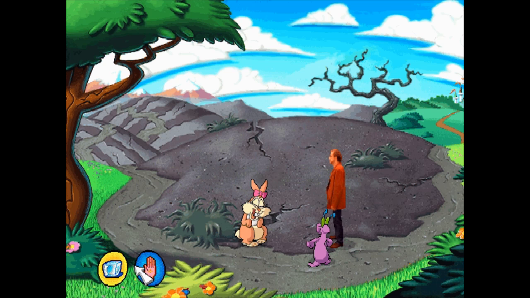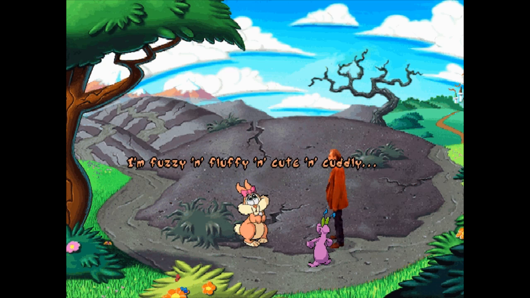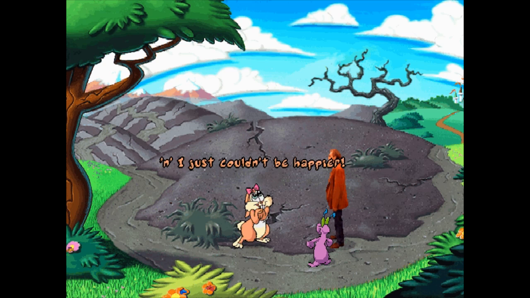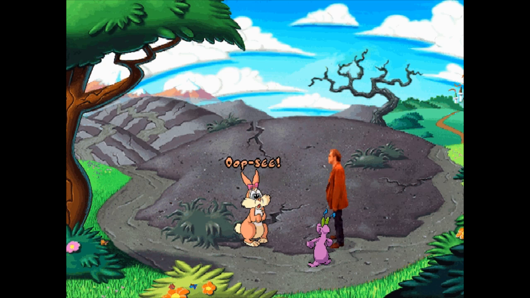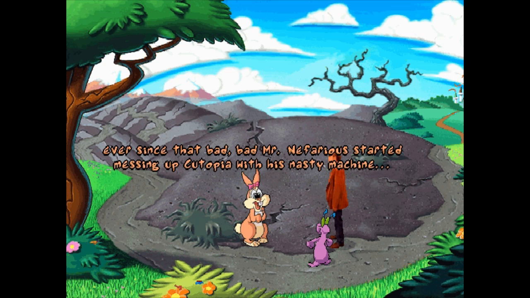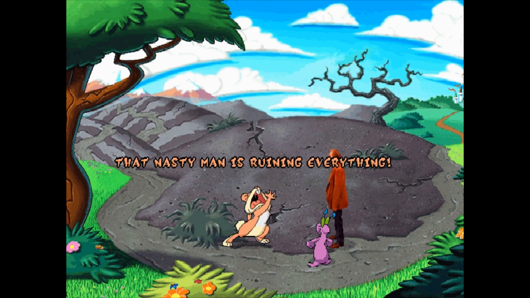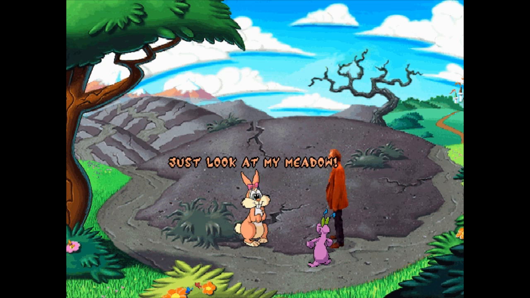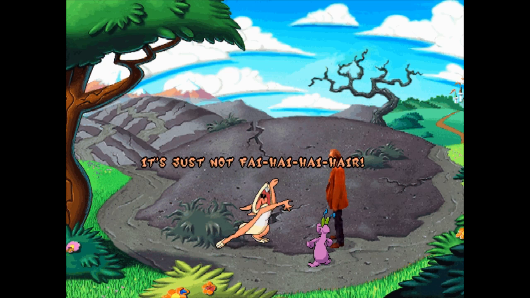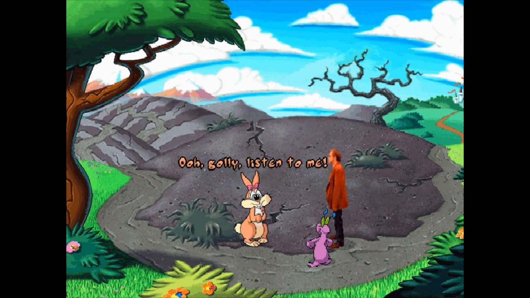Oh my god. How are you today, Fluffy? I'm fuzzy and fluffy and cute and cuddly, and I just couldn't be happier. Oopsie, I just told an itty-bitty fib. You see, ever since that bad Mr. Nefarious started messing up Cootopia with his nasty machine, I've been just an eensy bit cranky. That nasty man is ruining everything! Just look at my meadow! Nasty, nasty, nasty! It's just not fair! Oh, golly, listen to me. I'm being a great big grouchy pants. I should be